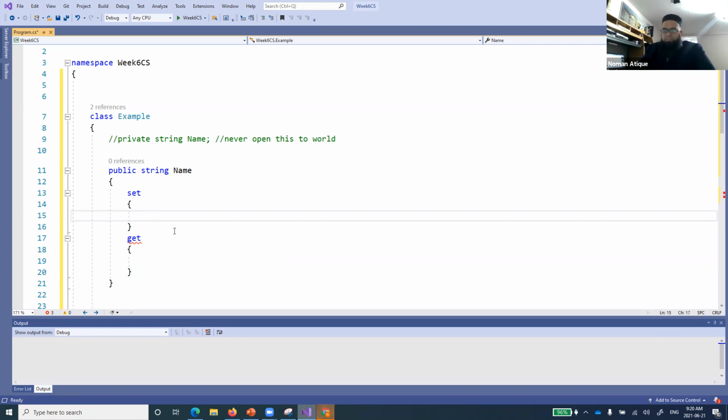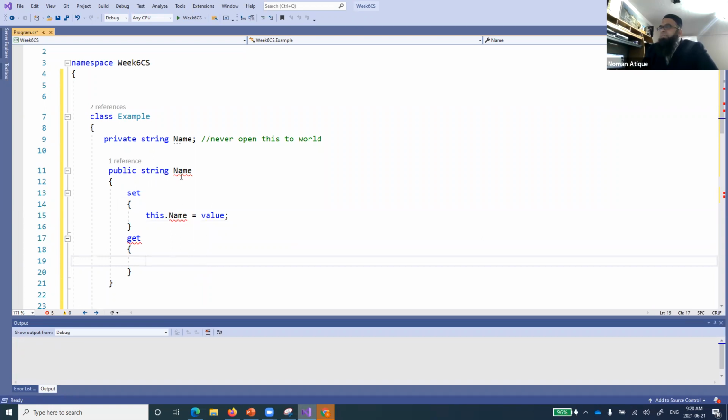So now this dot, now this is a property that will be doing it for us. And what will be happening is that we'll have to define this private string name, right? So now this dot name equal to value. Now you see here what we are saying. We are saying that this property, or maybe I'll have to rename that one, name P. I'm just calling it a name property, right?